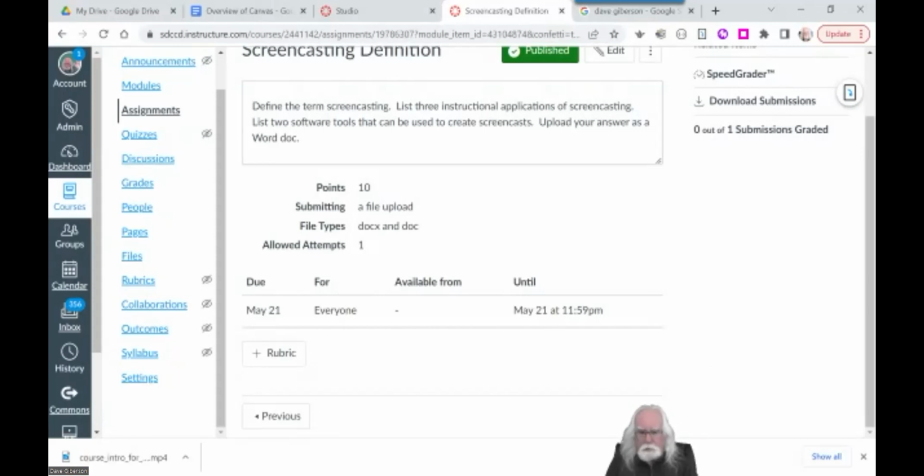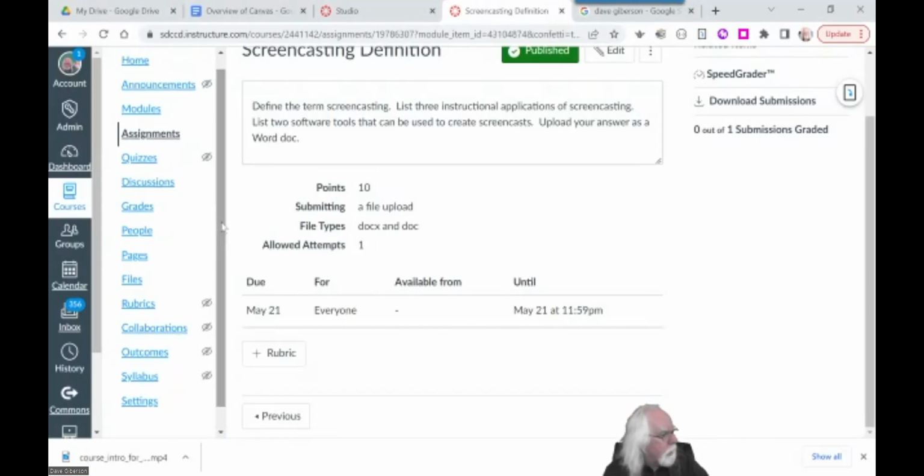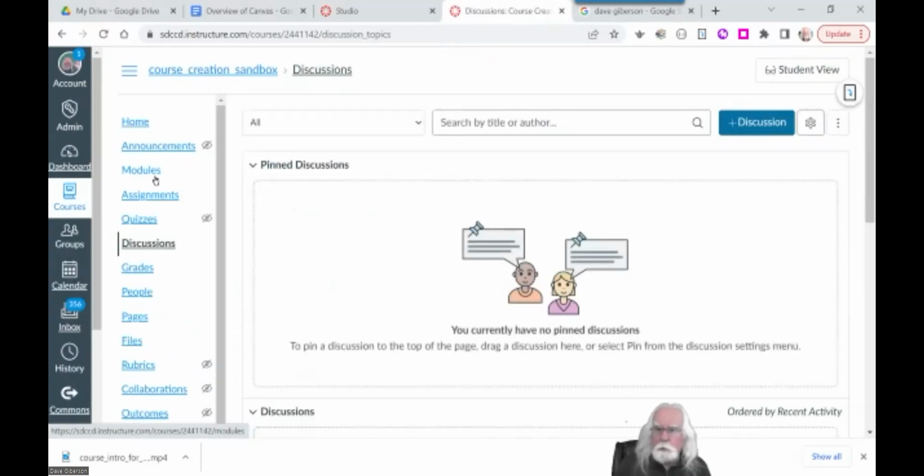So I've got a little over 15 minutes left to best employ that. Let's look at communication tools that you can use in Canvas, starting with discussions. Discussions are like bulletin boards where students post something and everybody can read it. You can go to your discussions tool or to your module,